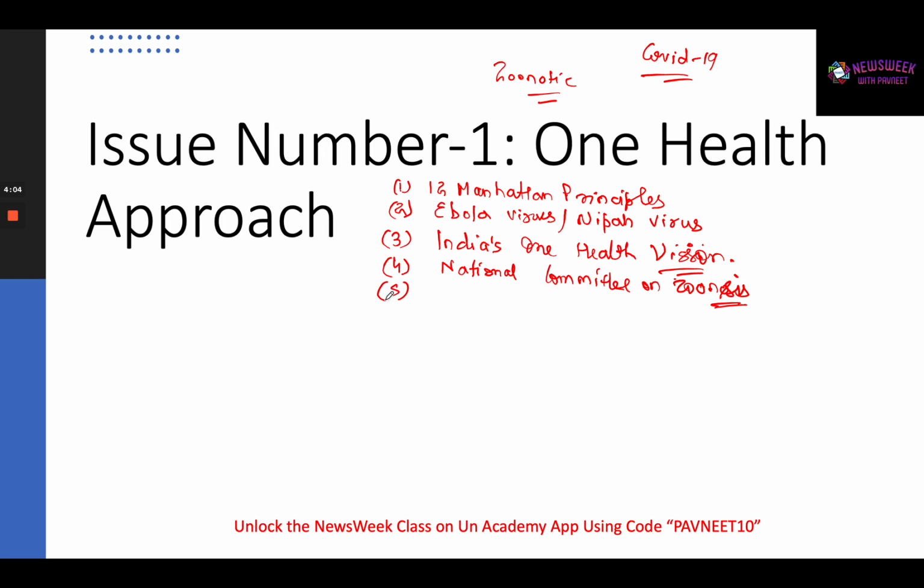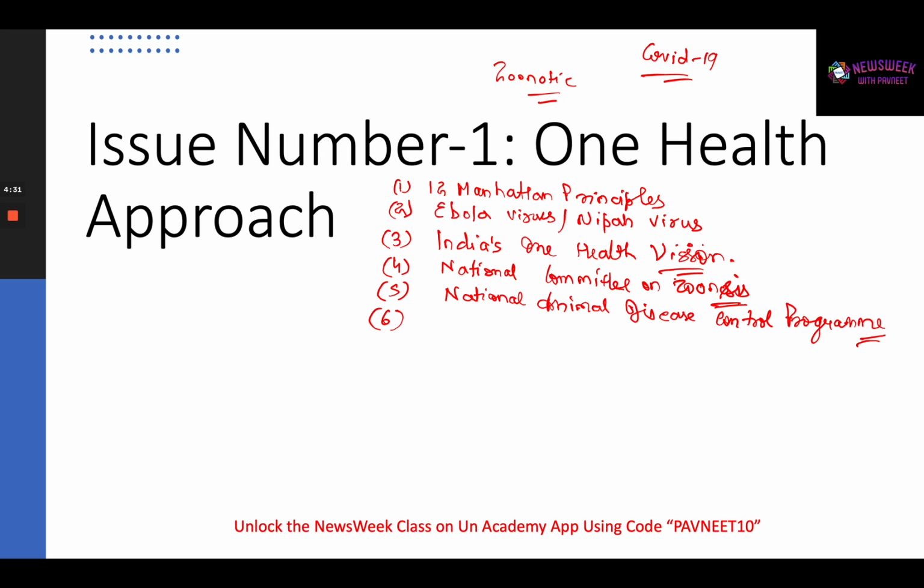And also at the same time there is one more backward linkage here, which is a program of the Department of Animal Husbandry and Dairying, and that is basically the National Animal Disease Control Program. Please make sure that you do have a basic study and a basic idea about the National Animal Disease Control